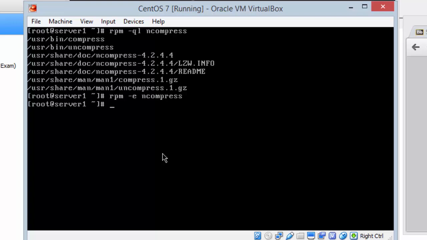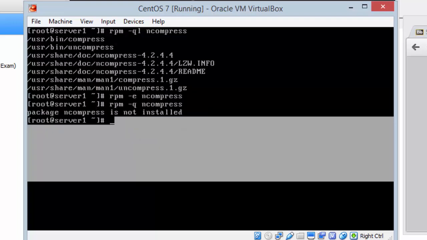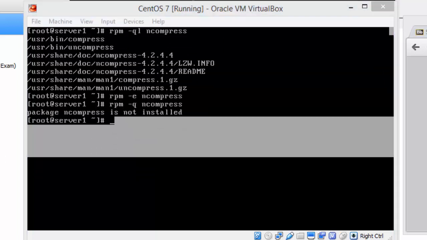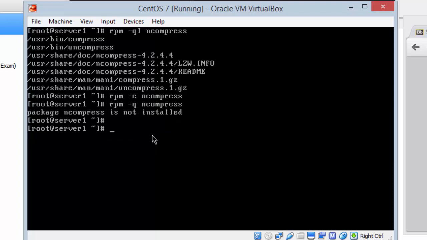We don't have any option to uninstall compiled software. So I can't do rpm -e our desktop because we didn't install it using the RPM package management system. We compiled it from source. So if I change this rpm to a -q now, it tells me the package is not installed. So now it goes on to step 8 and shows us that we could do yum search